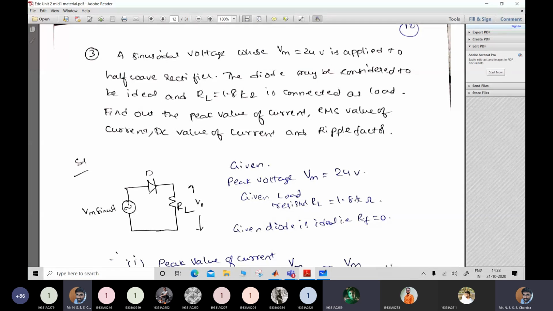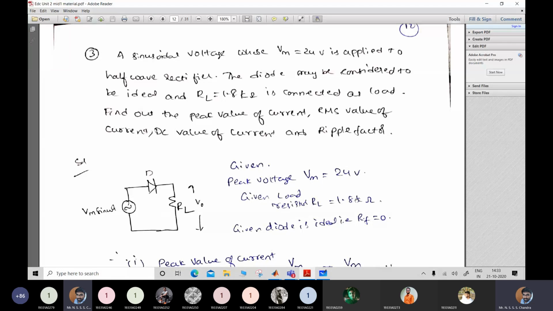A sinusoidal voltage whose Vm is equal to 24 is applied to a half-wave rectifier. The diode may be considered to be ideal and RL is equal to 1.8 kilo ohms connected as load. Find out the peak value of current, RMS value of current, DC value of current and ripple factor. So again here, because it is given the diode is considered to be ideal, we will be neglecting the